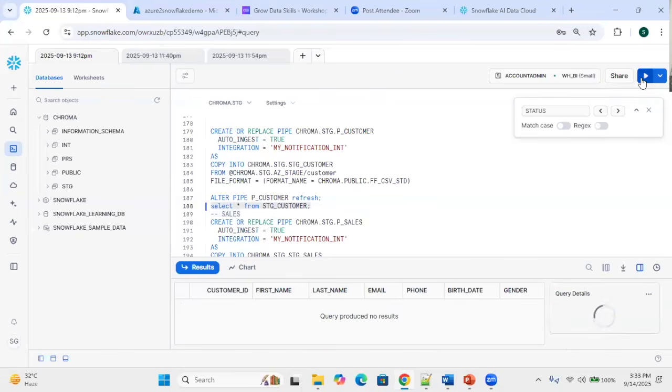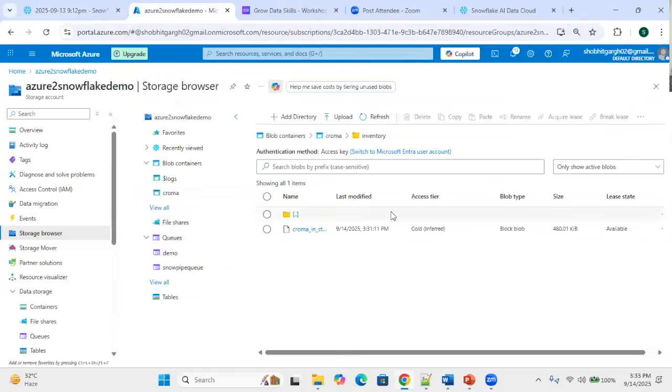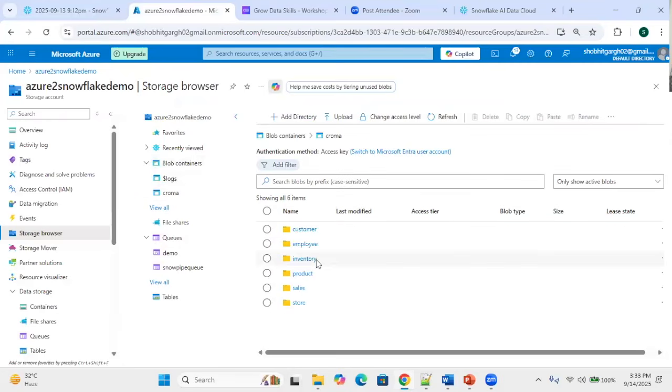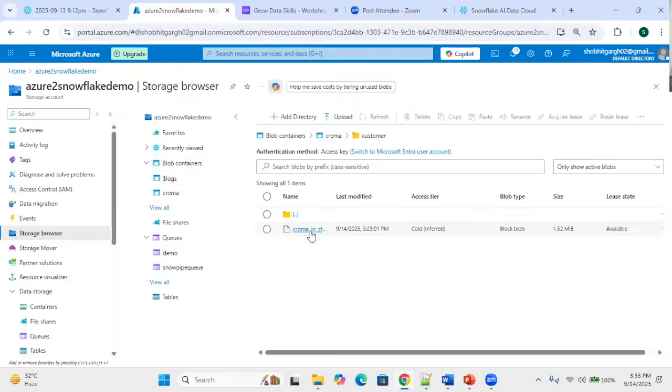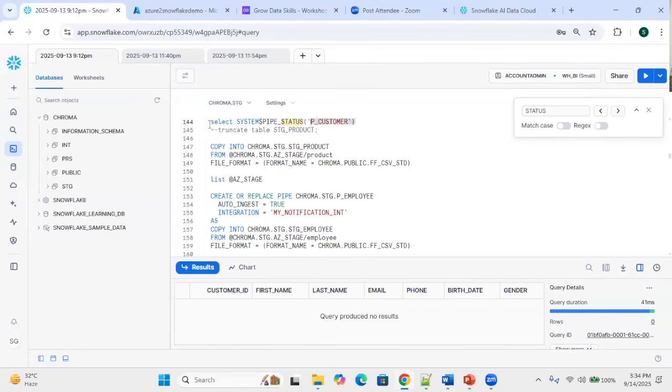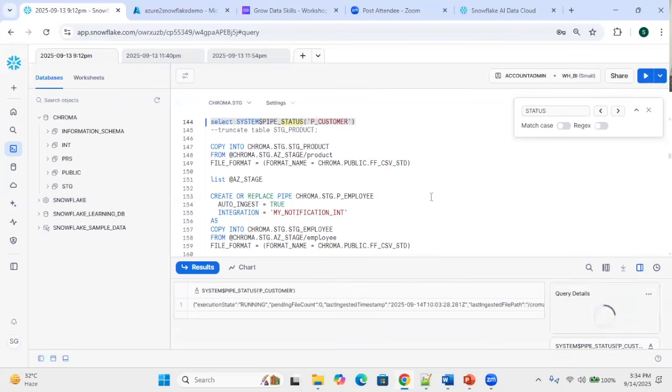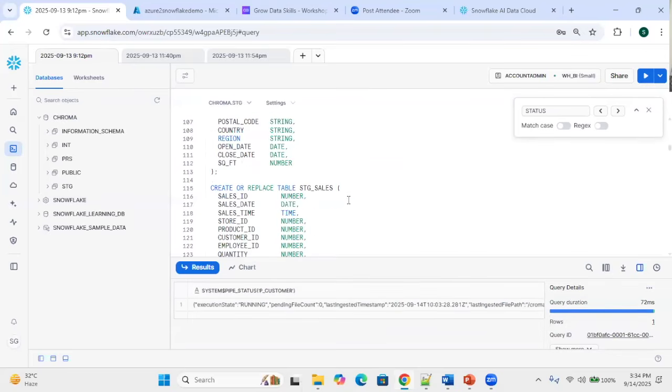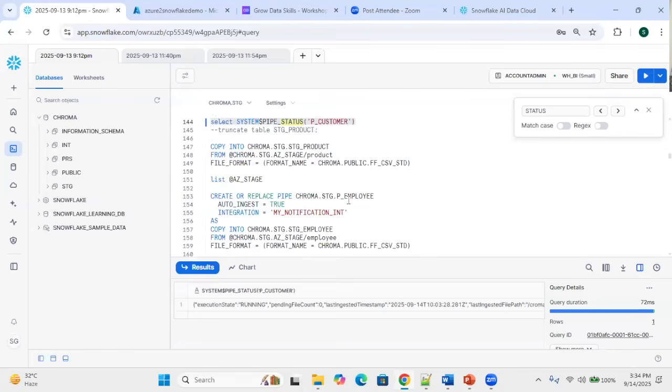Let's see. I hope customer does have a file. So just a second. We go here. Sorry, I'm in Chrome only. Customer. Okay, file is there. And alter pipe customer refresh is already done. So let's see the status of this. Okay, it is running, right? Now